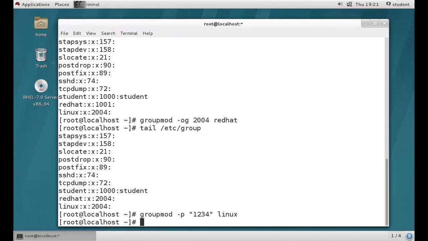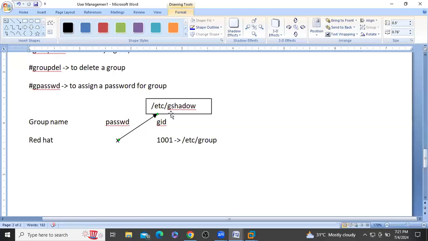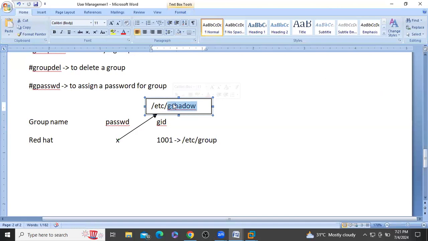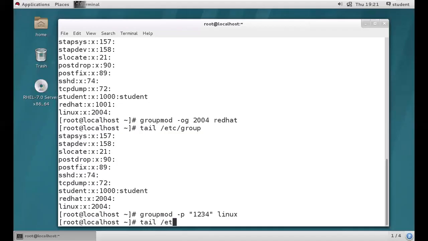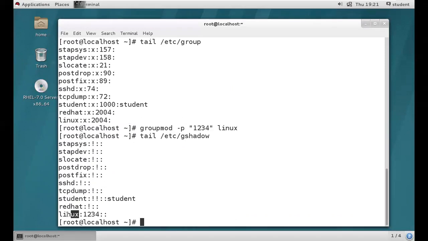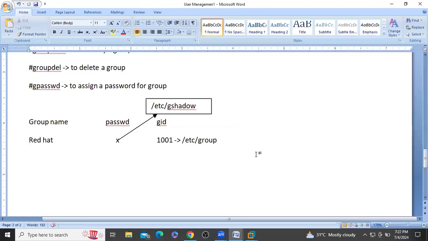So from where do we need to get the password properties? /etc/gshadow, right? So tail /etc/gshadow. See guys, coming to gshadow, again we'll have three fields. This is the group name, this is the password field, and this blank field is the group admin field. Inside gshadow, how many fields will we have?